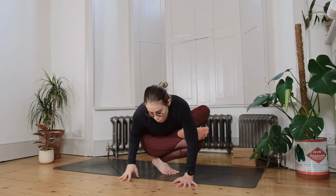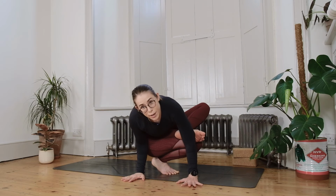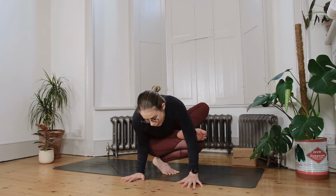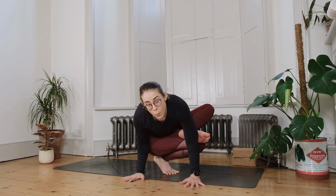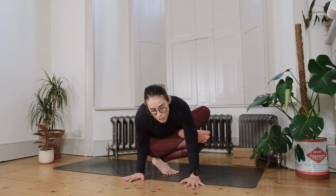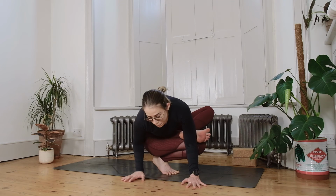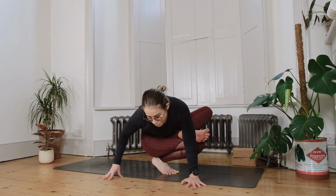And from here, bend your standing leg. Both hands will want to go to the outer edge of, or the left outer edge of your mat, I should say. And from here, we'll make our way into Dragonfly Pose, which is, of course, an arm balance. So you do want your right foot above the elbow, and then you can either keep your left elbow free,